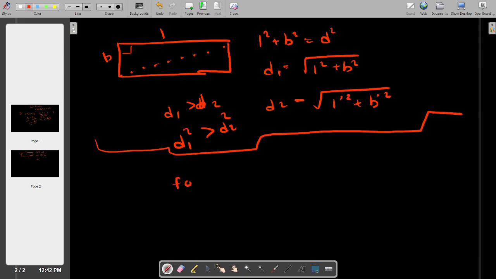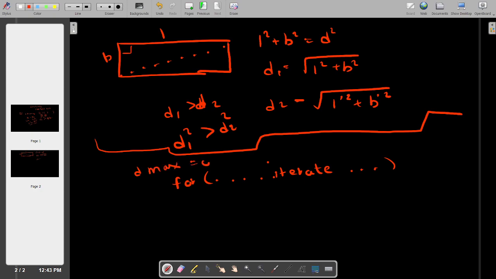You just add a for loop. You iterate over all the arrays within this 2D array of dimensions. And for every element, you will maintain two variables. One is for the diagonal, D max, that is max diagonal,